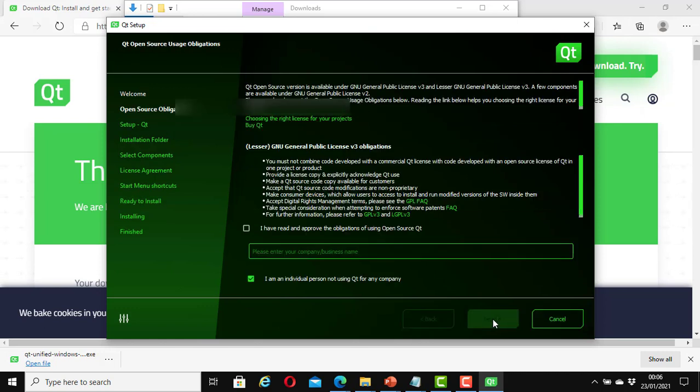The installation process takes some time. Be patient. On this page, you can read their obligations message. Once you are done reading it, you can click I have read and approved the obligations of using open source Qt. Leave everything else as it is. By default, this select box will be selected.